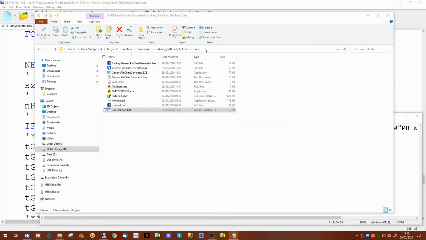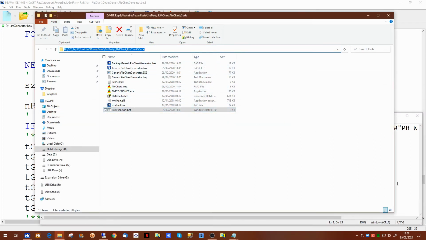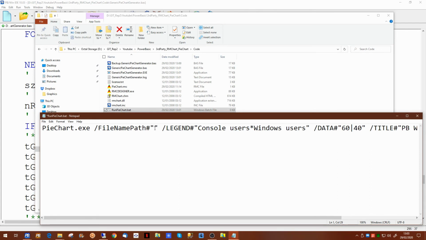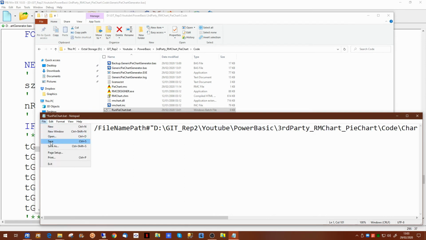Now if we're going to put it in, we might as well put it into the same folder we're in at the moment. So we'll just put that in, and we will name the chart Chart 1. Now it can either be a JPG or a PNG. Take your pick. Now having done that, our batch file should be complete. So if we save that,